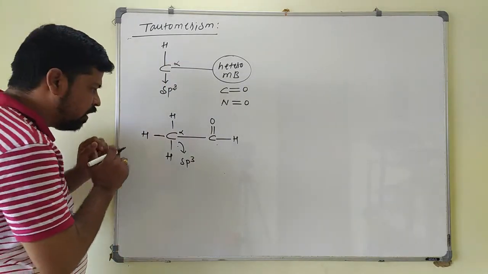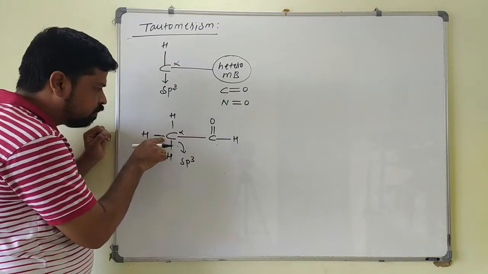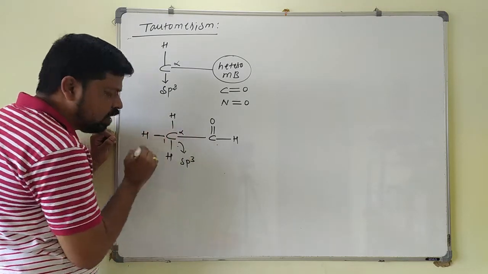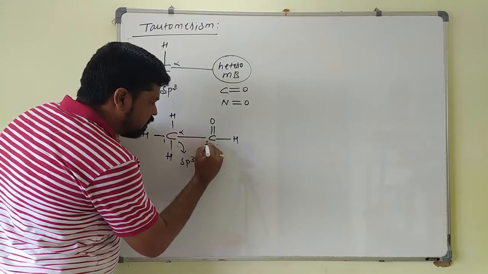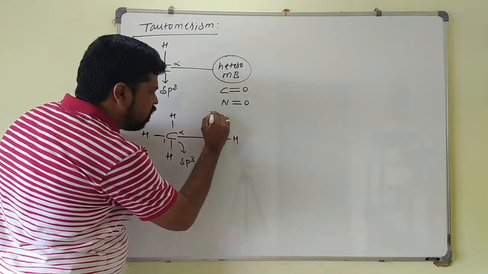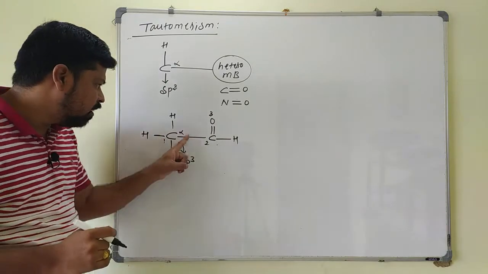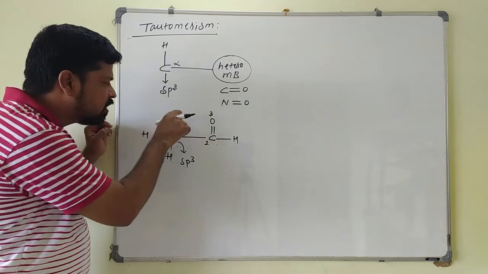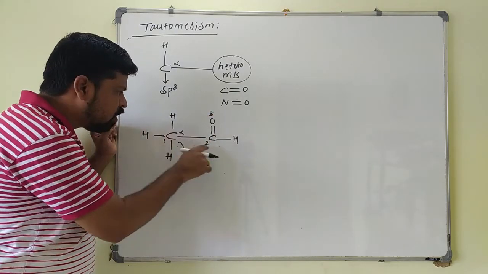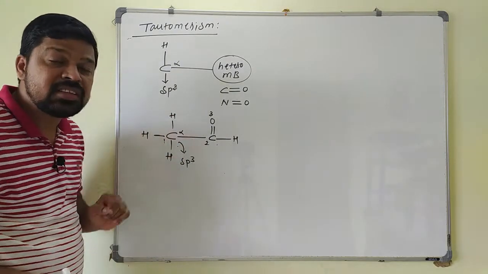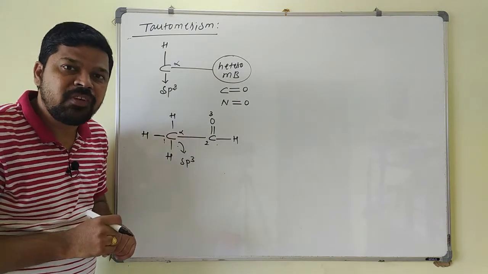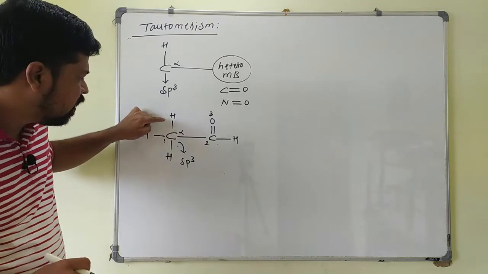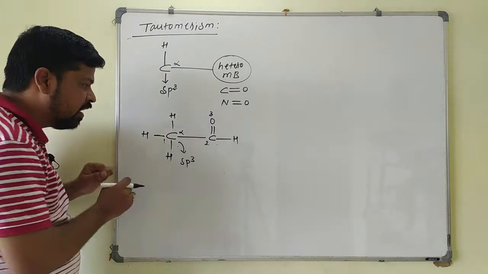In this case, what you have to do is, the carbon atom to which the hydrogen is connected is taken as number 1, the next carbon atom is number 2, and this oxygen atom will be number 3 here. So 1, 2, 3. If this condition is there, this hydrogen atom is shifted to the third atom. This is called shifting of saturated alpha hydrogen, because this hydrogen atom is present on the saturated carbon atom.